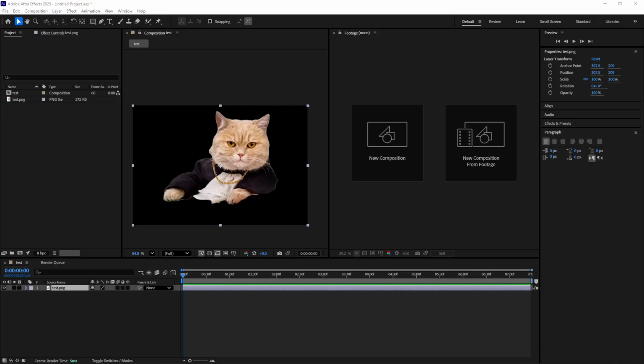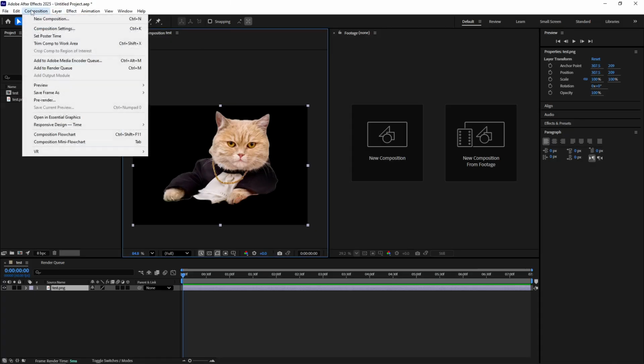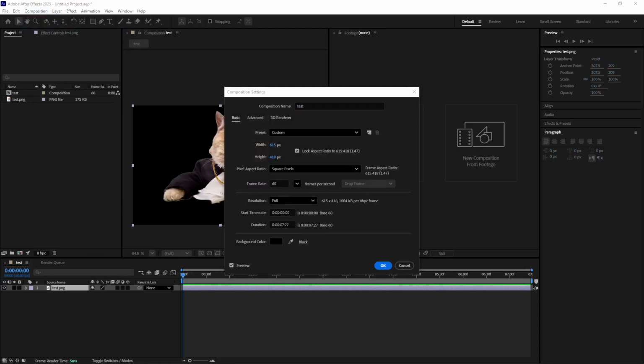Next, you'll need to adjust some settings. To do this, navigate to the Composition menu at the top of your screen, and from there, select Composition Settings. If you prefer keyboard shortcuts, you can quickly access this by pressing Ctrl+K if you're on a Windows machine or CMD+K on a Mac. This shortcut is handy and speeds up your workflow, something that every seasoned After Effects user